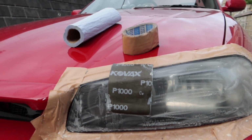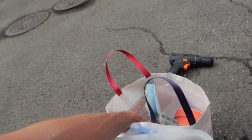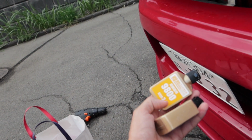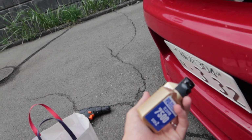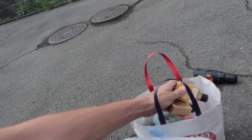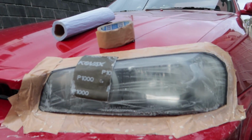I've got a pack of all these different compounds here. Let me see if I can dig them out of my little baggie here. I go all the way up to step 3, 9800. And the second step is 7500. So you work from the lowest number to the highest, and then that just gets them looking crystal clear and